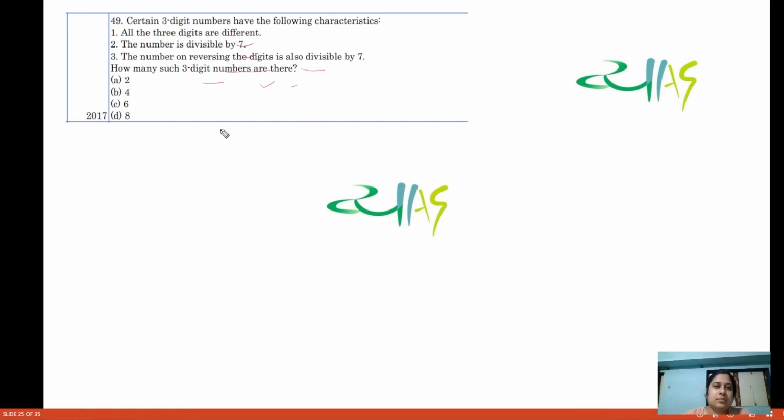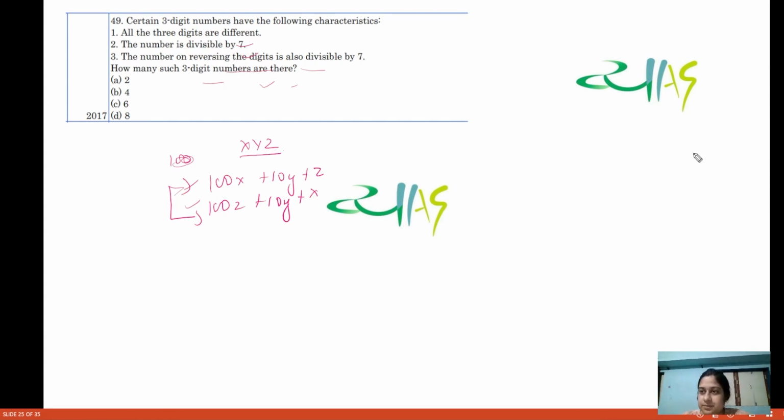So see, any 3-digit number we can let's say it is xyz. All right, so how can we express this as 100x plus 10y plus z? इसका जो रिवर्स नंबर होगा 100z plus 10y plus x से हम रिप्रेजेंट कर सकते हैं. दिस इज हाउ वी रिप्रेजेंट. वी हैव सीन दिस नोटेशन ऑलरेडी इन द नंबर सिस्टम. क्योंकि हमको वो करना है कि जो